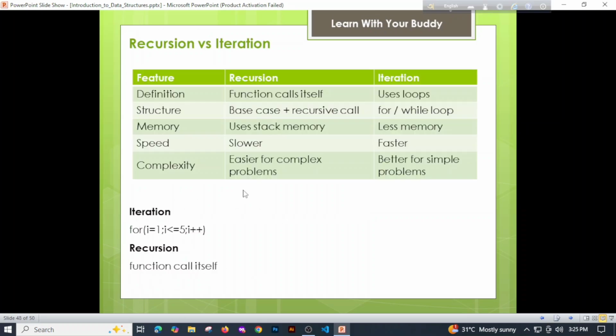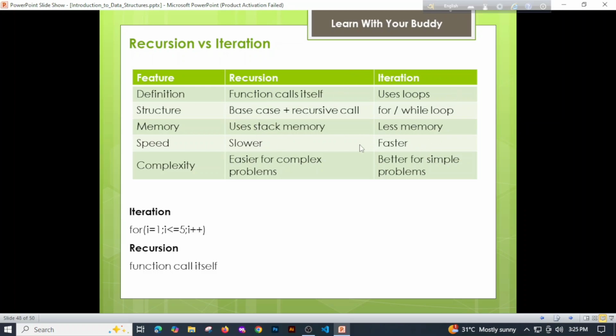So after that we will learn recursion versus iteration. Well, recursion calls the function itself, and iteration uses loops. Now, the structure of recursion is the base case and recursive call, and in iteration it is a for or while loop. And for memory, recursion uses stack memory and iteration uses less memory. Recursion is slower and iteration is faster, and recursion is easier for complex problems and iteration is better for simple